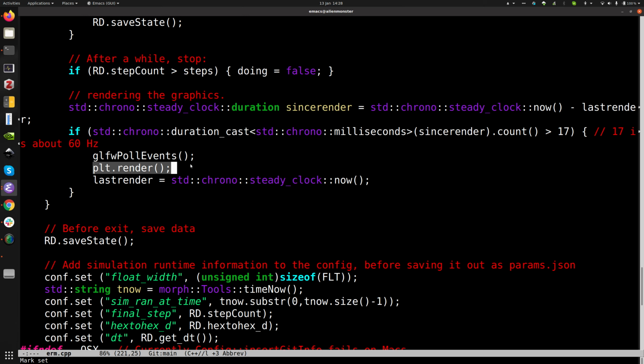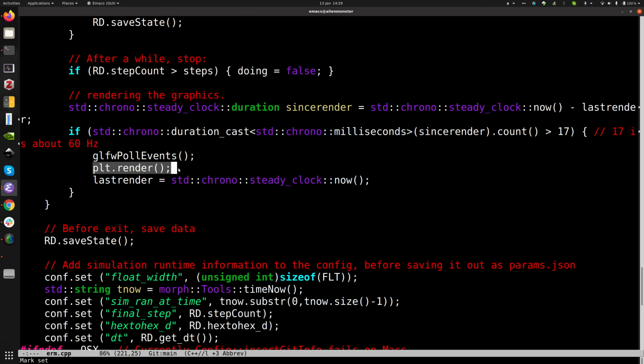But I don't want to do it any faster than 60 Hertz, which is the refresh rate of my monitor. So I put a timer in since the last time I rendered, and once that timer goes above 17 milliseconds, then I will call the render function, and that gives me a nice smooth